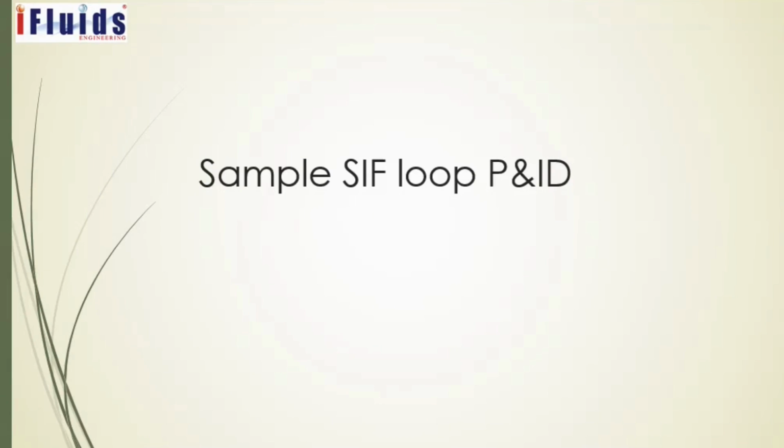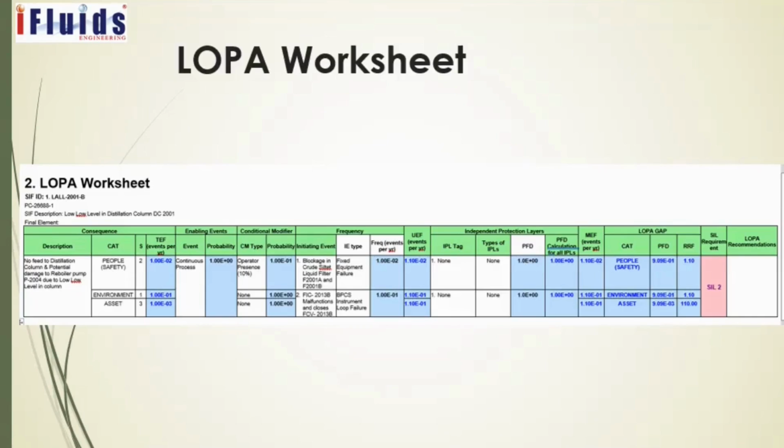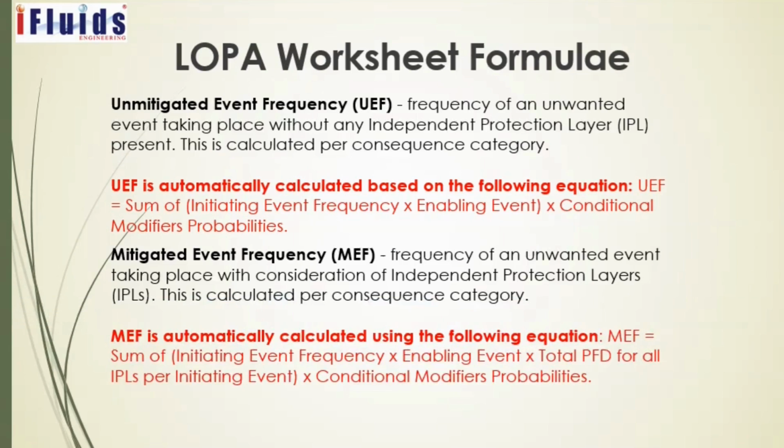Samples of a SIF loop P&ID. Here we have marked the SIF loops. It will look like this. And this is a small example of a LOPA worksheet. So LOPA worksheet formula,